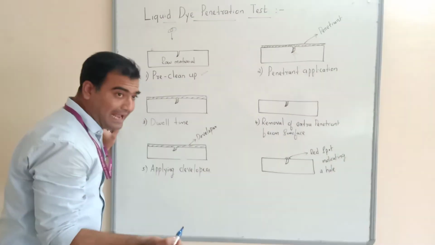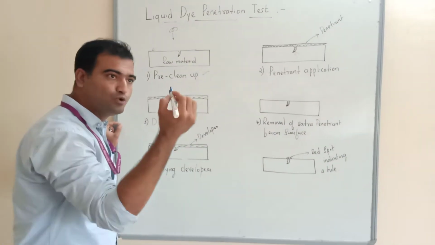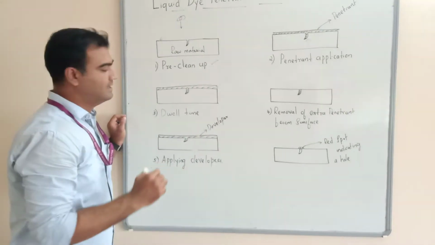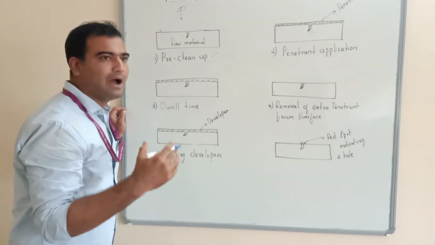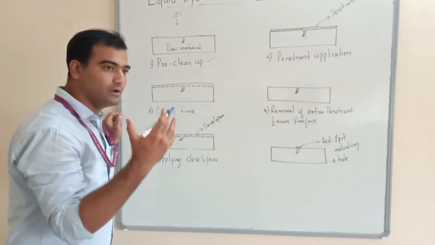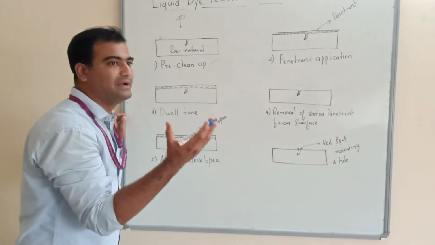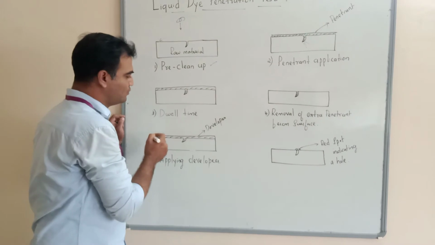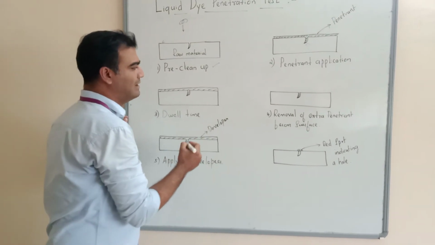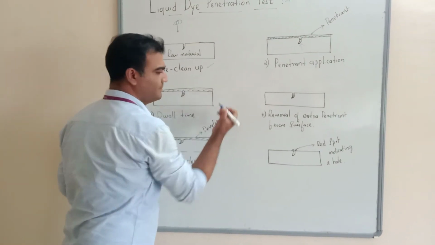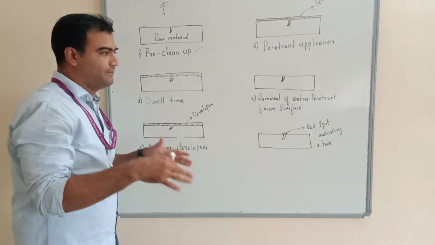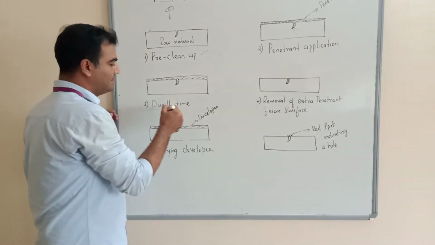The time we allow the penetrant to settle into those flaws is called the dwell time. What is dwell time? It is the time allowed for the penetrant to enter those loopholes. Usually it will be around 2 to 10 minutes, depending upon the surface and the material, this dwell time